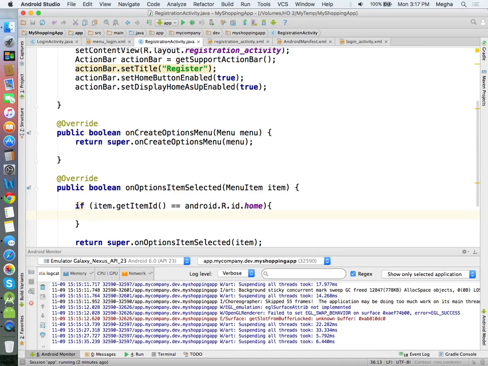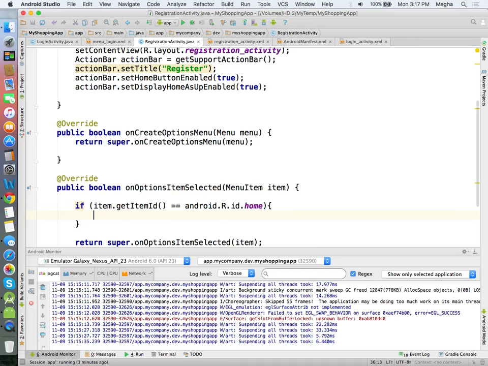It is a global constant. That constant should be prefixed by android.R. If it is just R.id, it means it's a constant within your application, whatever ID you create in XML. But this home, because I enabled the home button here, I don't know which ID it has. So you can access that as android.R.id. I know the home button will come.